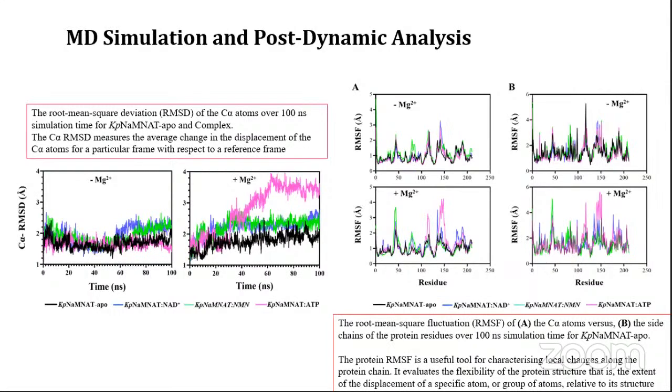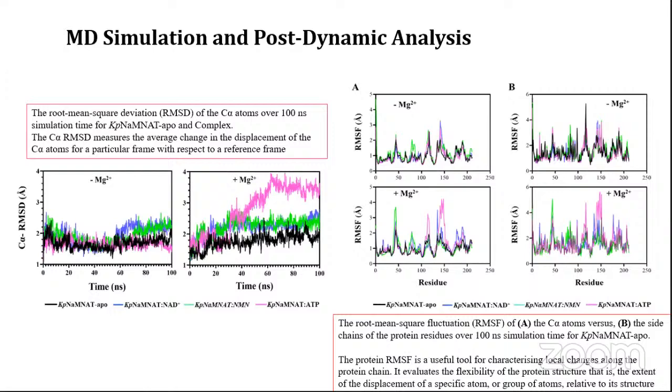So the RMSD of the protein with respect to the protein, we could see that the black profile shows that's for the APO. Then the blue is in the presence of NAD, the green when the protein is bound to NMN, and the pink when the protein is bound to ATP. We see that